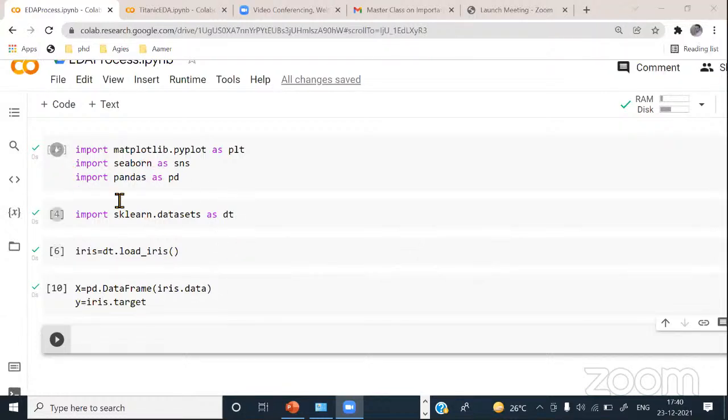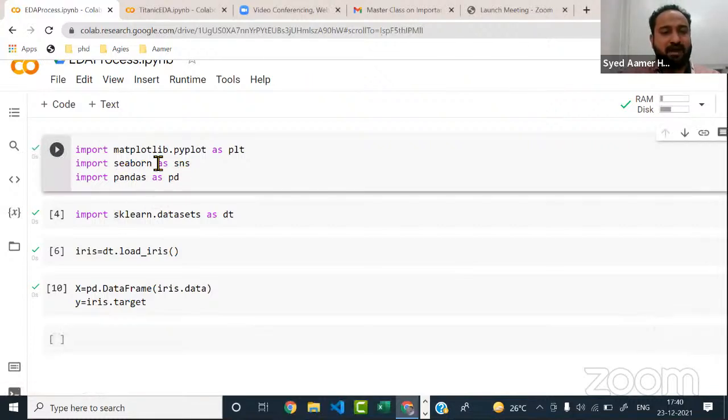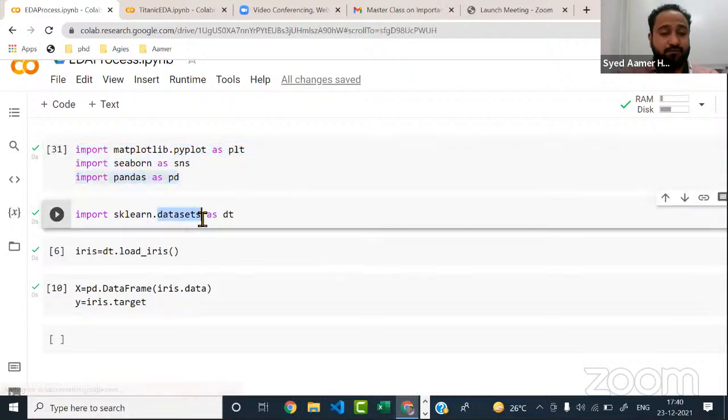Okay, cool. As I said, I'll be going with three libraries that we generally use. One is matplotlib.pyplot, and I hope you know Python. That's how you import your libraries in Python, and I will import this as plt. Second, as I said, seaborn. These two are there for visualization purposes. And then we have a third one called pandas. Very important. We will use it everywhere in your machine learning and AI, as far as your Python is concerned.